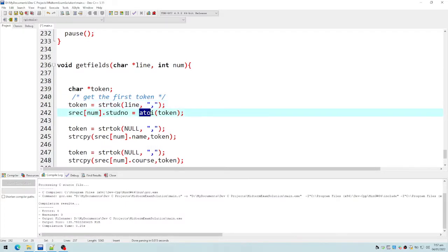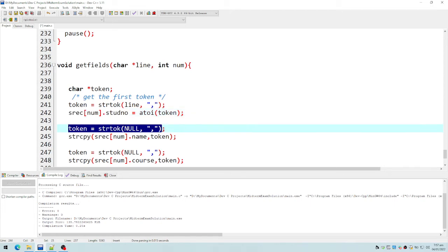So just convert that, because it is a string. Notice it is a character or a string. We convert that into an integer using the atoi function, array to integer. So that will be converted to an integer and then stored in our record. And then get the next one. So to get the next one, we just